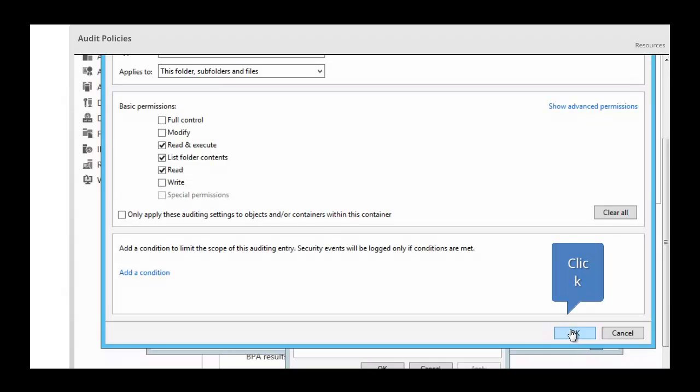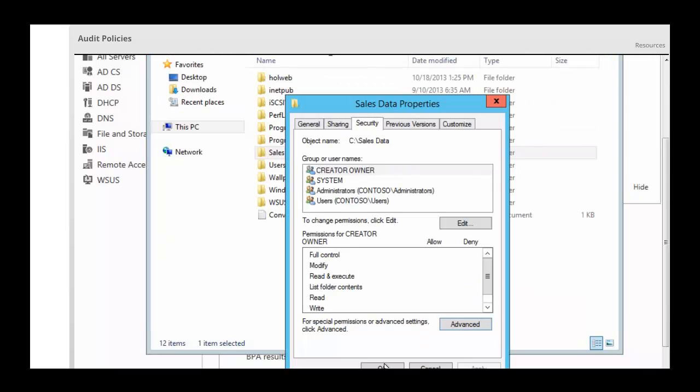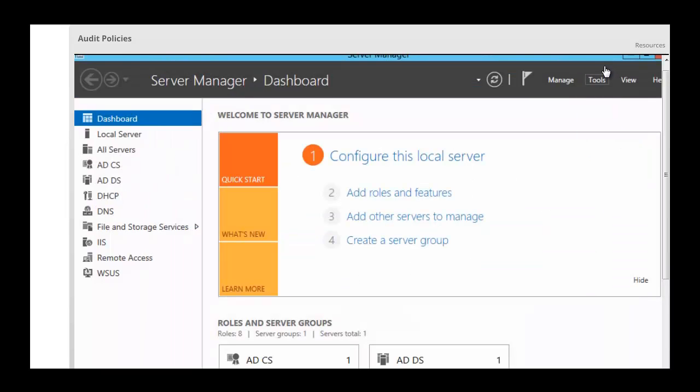We want to click on OK to close that box. Want to click on OK a second time. And we want to close the sales data property box. We're going to close local DC. And we want to go back into group policy management because we want to look at some of the other